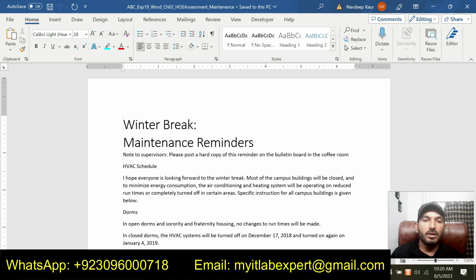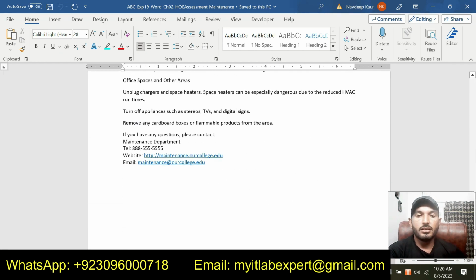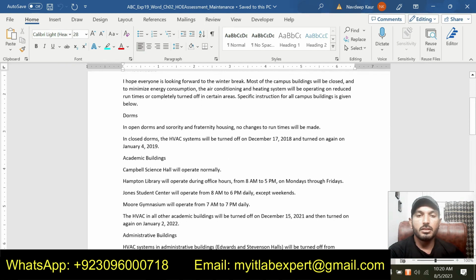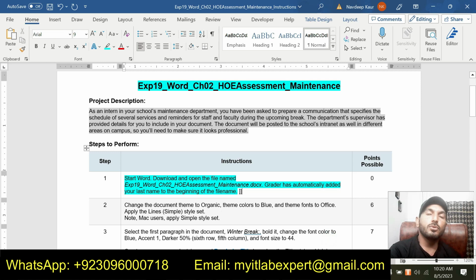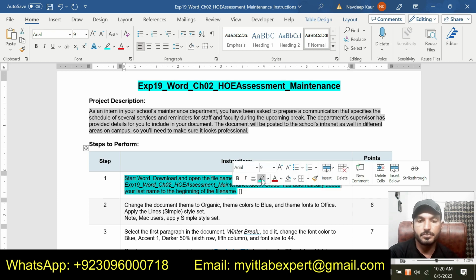This is the Word document where we will apply all the instructions. Step number 1 is just about downloading the file, so we will move to step number 2 of the assignment.